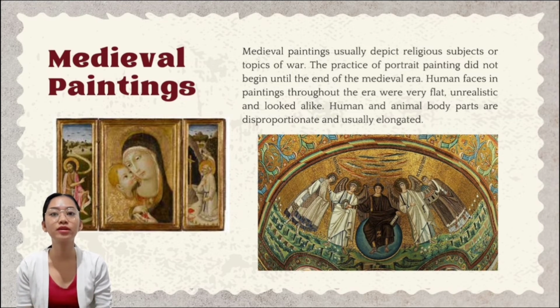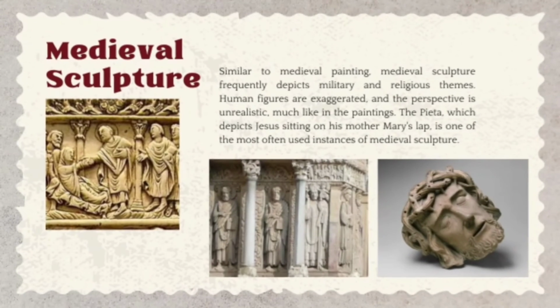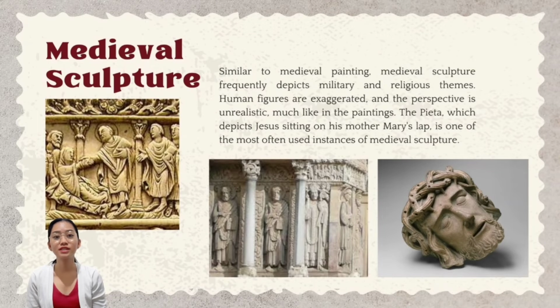And human and animal body parts are disproportionate and usually elongated. So medieval painters had not yet learned how to handle perspective, so architecture and landscapes are awkward. Medieval sculpture, similar to medieval painting, frequently depicts military and religious themes. So human figures are exaggerated and the perspective